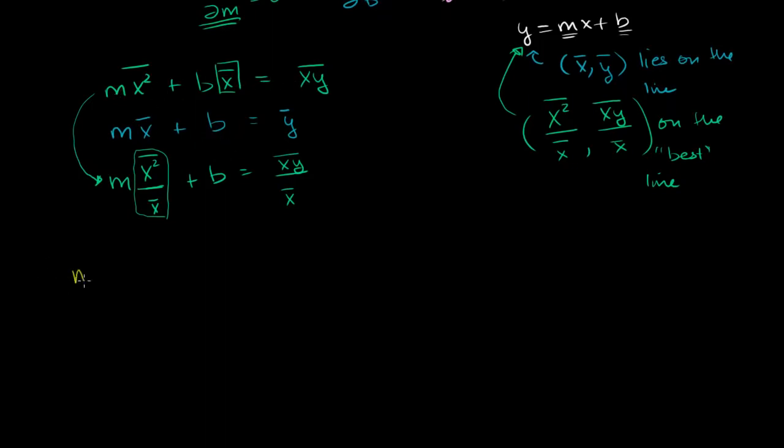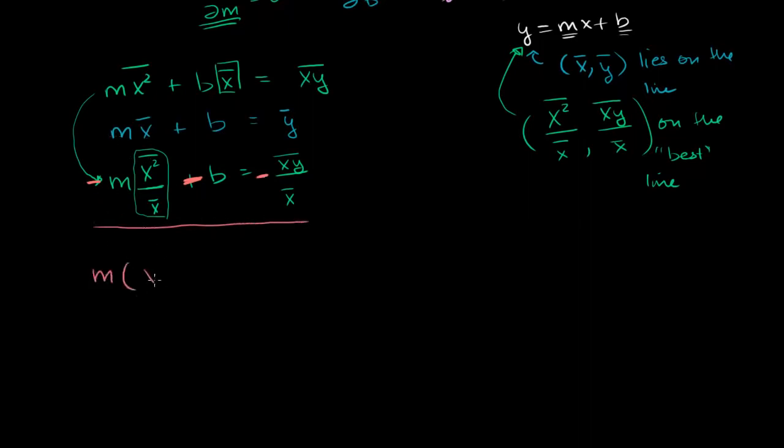So we have m times the mean of the x squareds plus b times the mean of, actually, we could even do it better than that. One step better than that is to actually, based on the work we did in the last video, just subtract this bottom equation from this top equation. So let me subtract it, or let's add the negative. So if I make this negative, this is negative, this is negative, what do we get? We get m